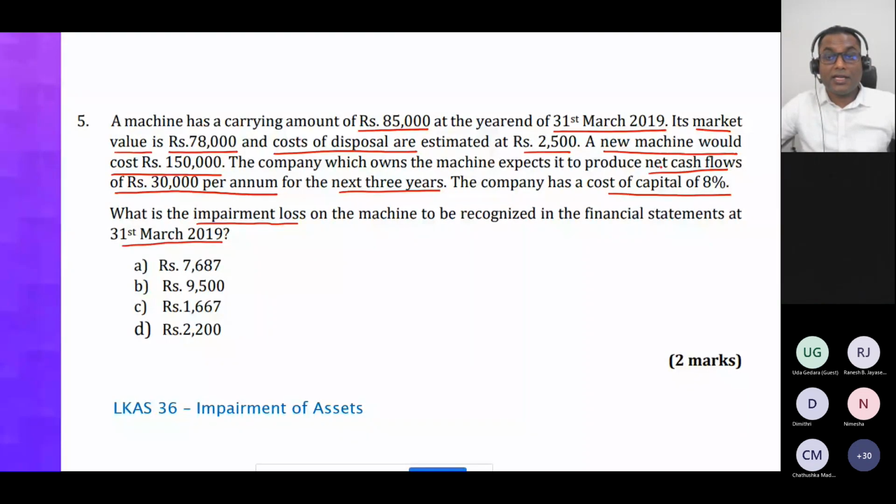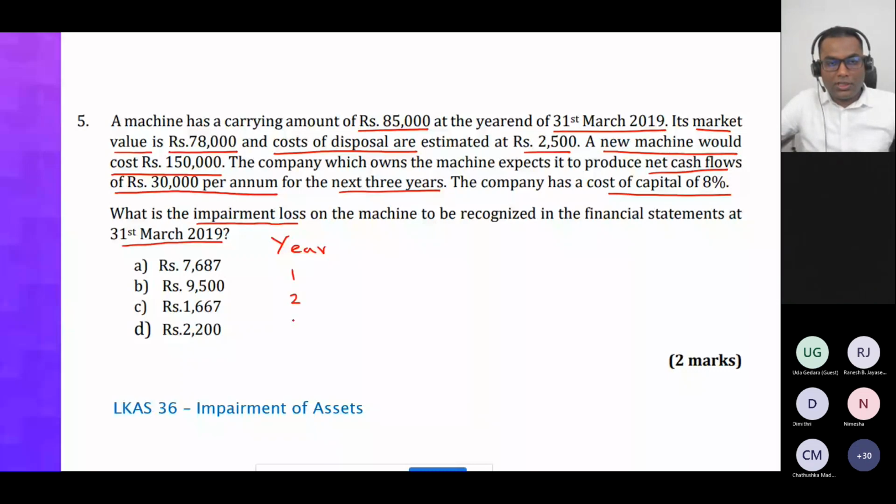For that, you have been given that this particular machinery can be used for 3 years, and each year it generates a cash inflow of how much? Net cash inflow of 30,000. You have to calculate the present value of this future cash flow, right? As it is an equal amount each year, you can use the annuity factor. Or else you can prepare a present value table and calculate the present value, right? So one way is you can say year